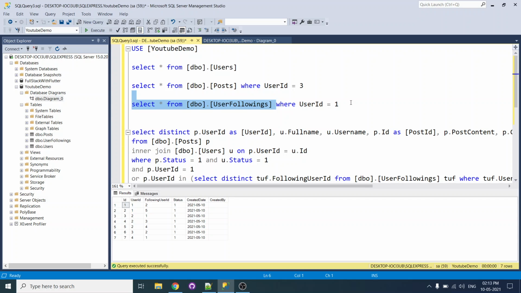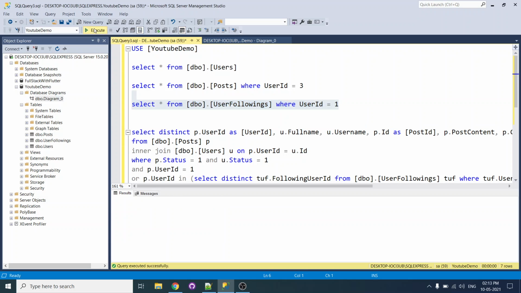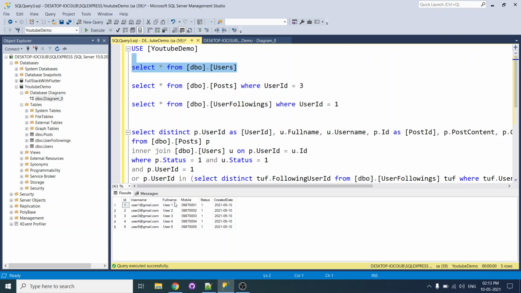So if we check out here, user 1 has 2 followers. The following user IDs are 2 and 5. Let's say user ID 1 has 2 and 5; these two are following user 1. So this is the sample structure I have created.